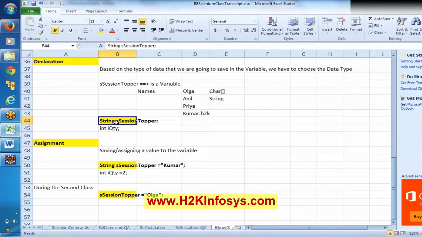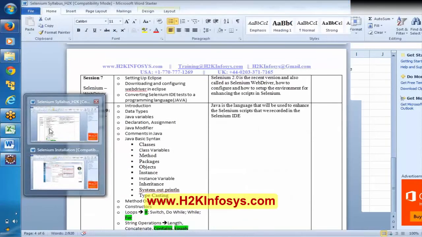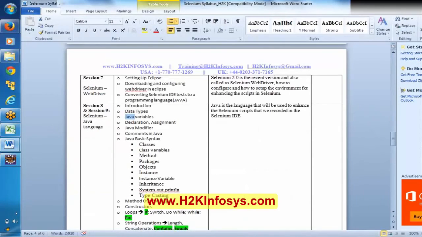I'm notifying Java, and apart from that, we can also put some value in that variable by mentioning it like this. This is called assignment. So that's Java variables, declaration and assignment.